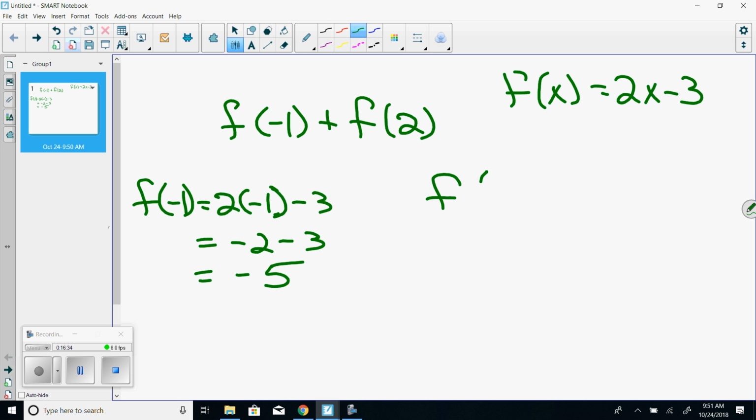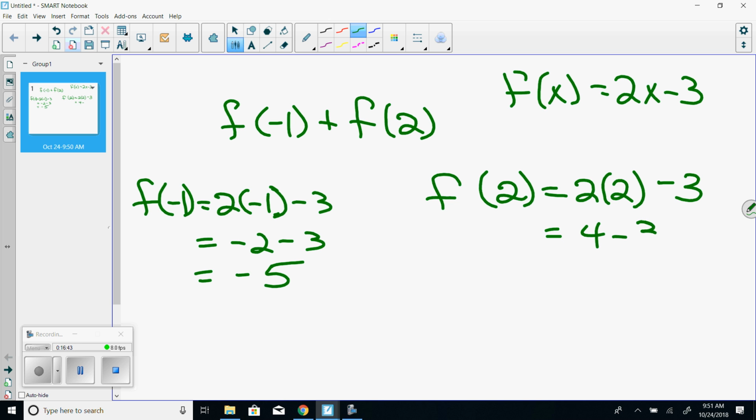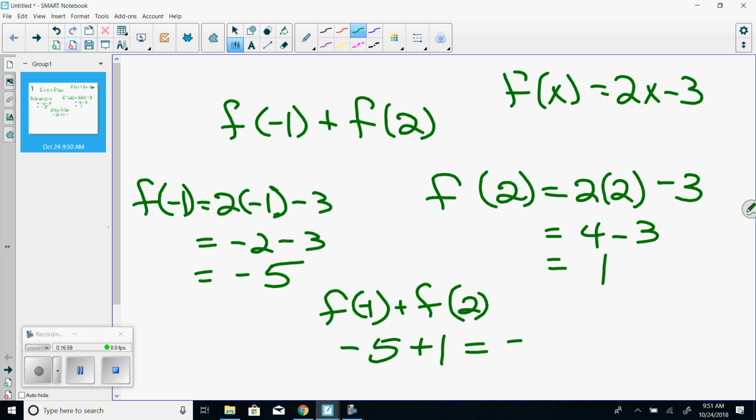And then you're going to do f of 2, and then you're going to do f of negative 1 plus f of 2. And that's going to be negative 5 plus 1 is negative 4. Okay? So